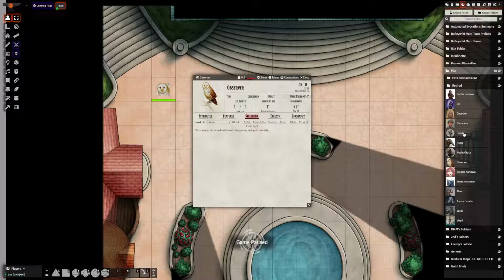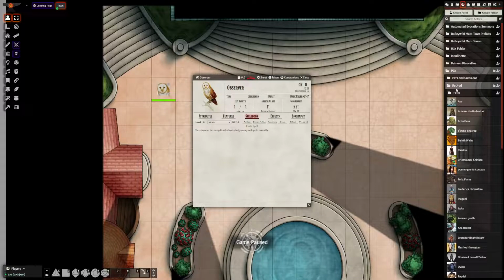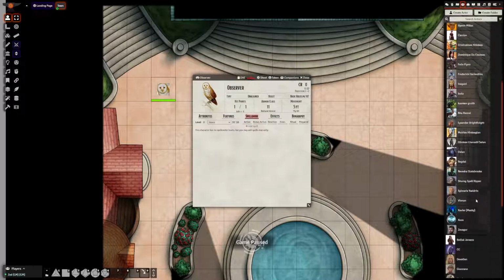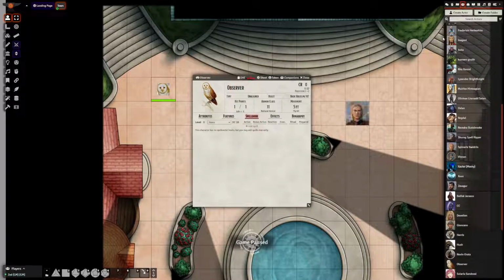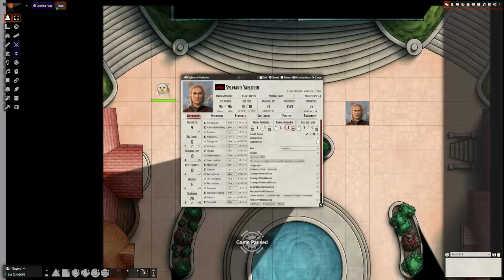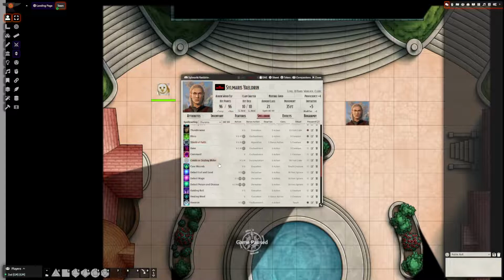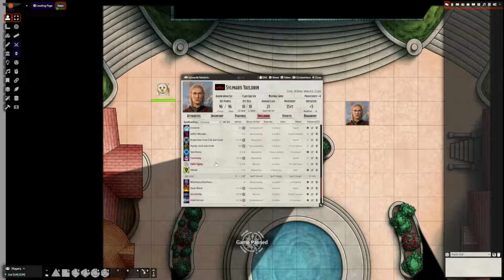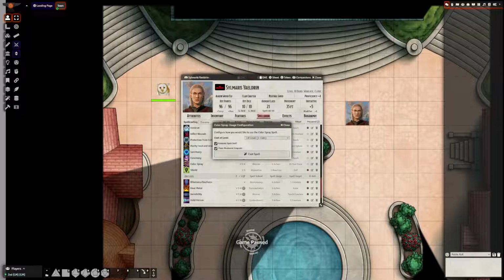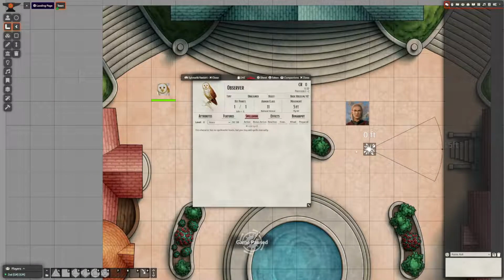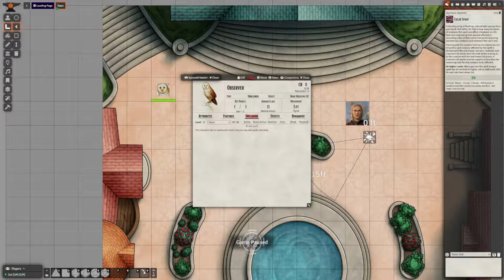I know I have a player character with some spells that have measure templates. If I cast, say, Color Spray, you'll see as a player I have the options to consume the spell slot. I'm not going to track the spell slot and place a measure template, and then I can use the mouse wheel to rotate that, and that cone is set by default to be